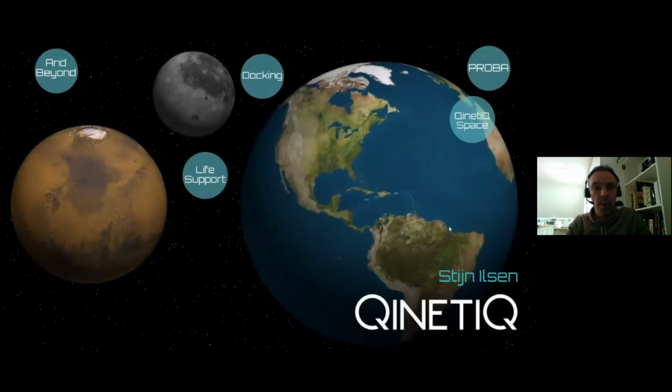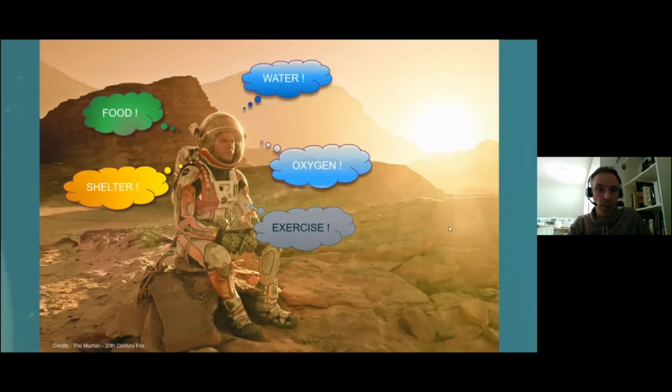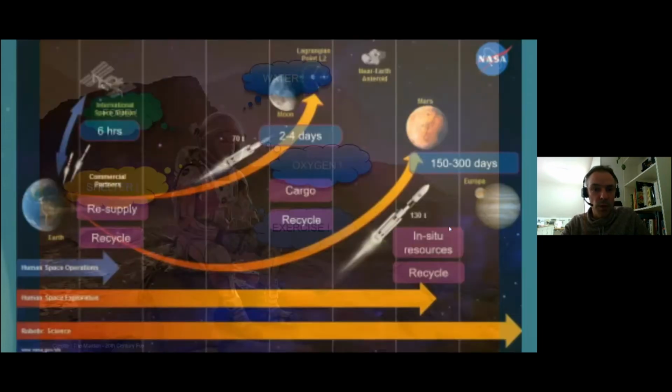Then let's look a bit at the astronauts. So we do some life support things as well. Let's take the example of our Martian, Matt Damon. If he is on Mars, then what does he need? He needs water, he needs oxygen, he needs to exercise for his muscles, he needs food, and he needs shelter. For nearly all of these topics, Kinetic is doing something. Just to give you a bit of an overview,